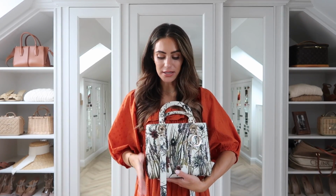This is my favorite ever Dior collection. Much prefer it to the Toile de Jouy and all of the things like that. This really was, I feel like they would find it difficult to outdo this one. I love it. Next up, we have my Fendi Crossbody, the one that Porter chewed almost